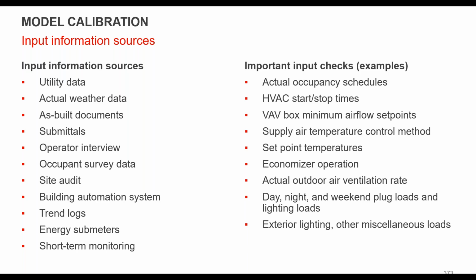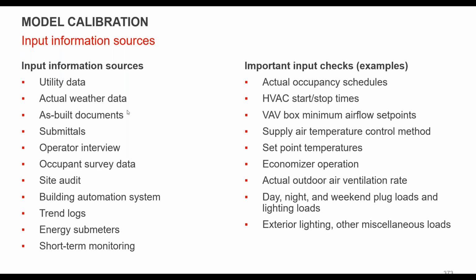So where does this data come from? We've talked about some of this, but again, this is actually getting into the weeds of more likely doing an energy audit. And a lot of times for the calibrated models, we end up doing a fair amount of data collection that's nearly equivalent to getting an ASHRAE Level 1.5 audit done, maybe close to an ASHRAE Level 2 in terms of data collection. But generally, we're pulling all utility data. You're going to get real weather data. You're going to try to look for as-builts. For older buildings, you might have lots of different as-builts depending on various permutations of construction and modifications that were made to the building.